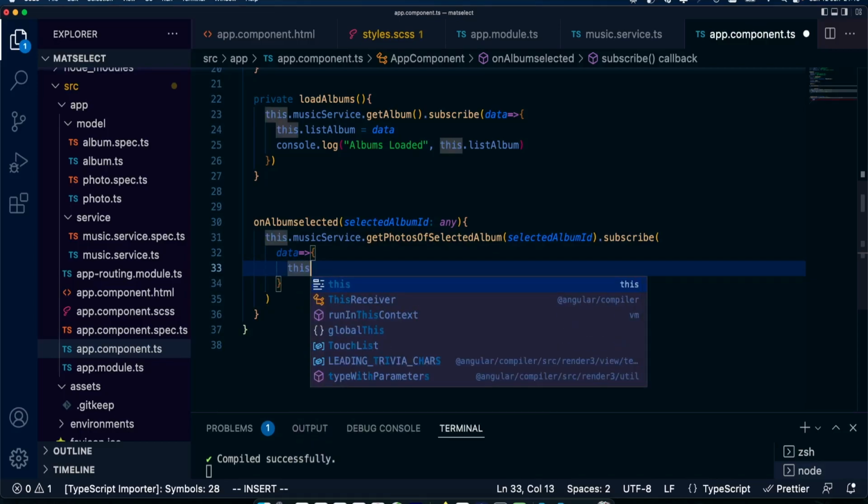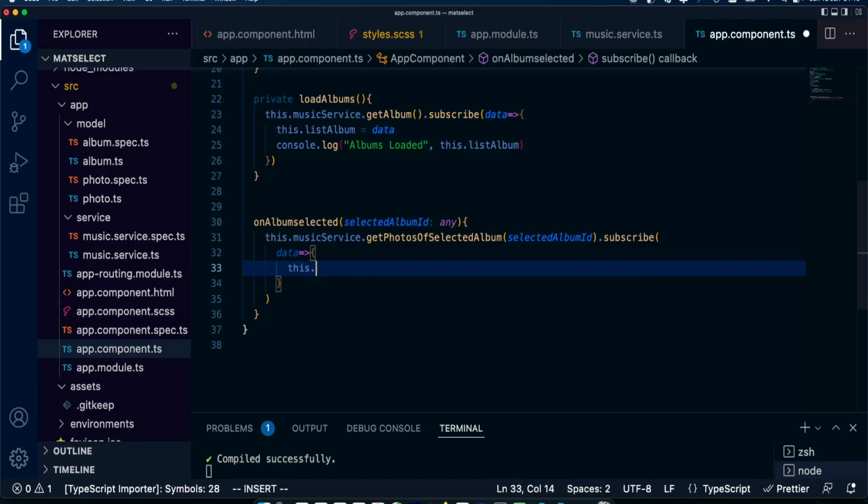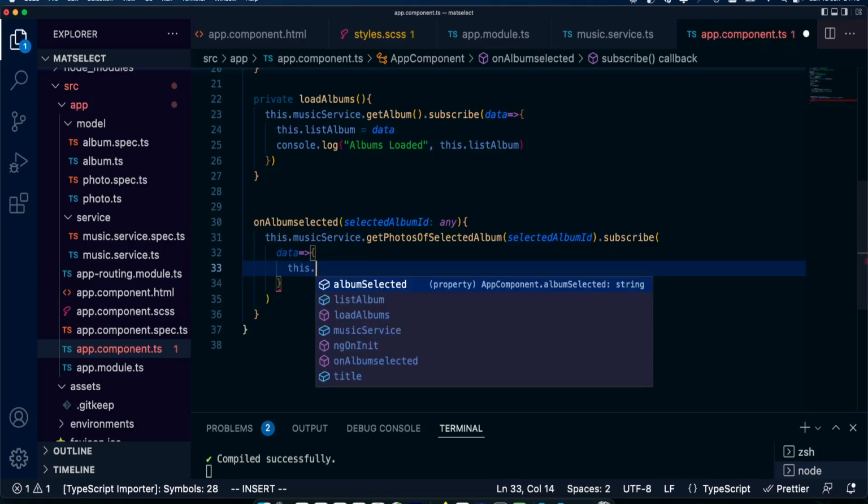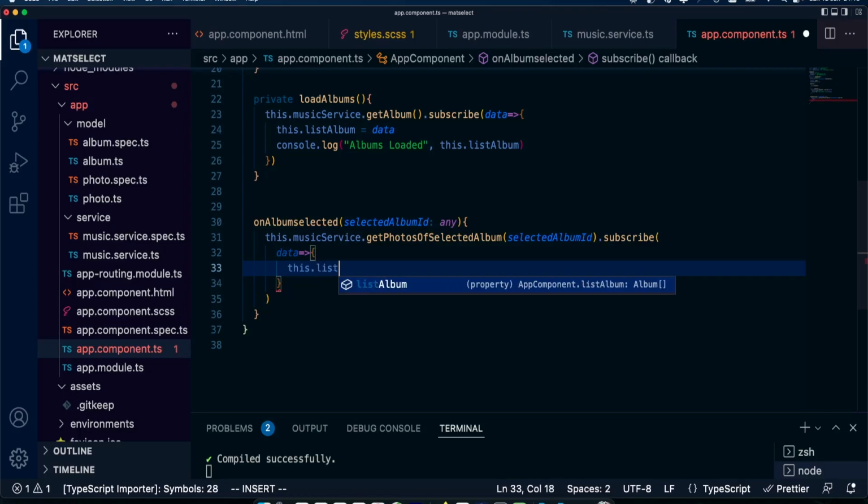One thing we forgot to do at this point is we need to list these photos. We need to create a variable to hold these photos. So I'm just going to call it photos data because I'm going to go create it now.